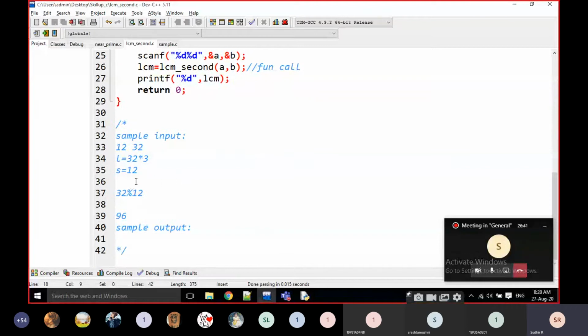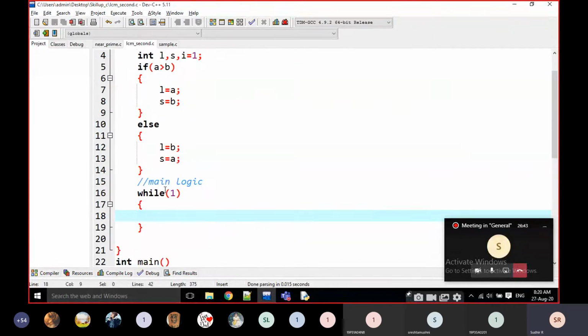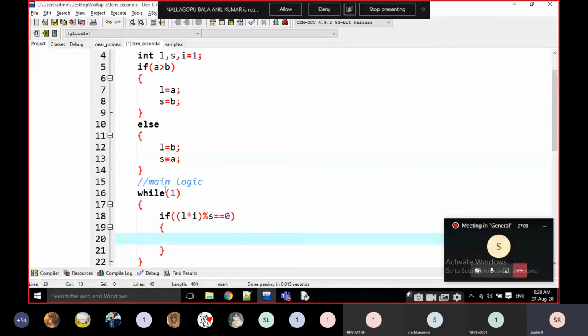I want to find if L into i mod S is equal to 0, I am going to return L into i.